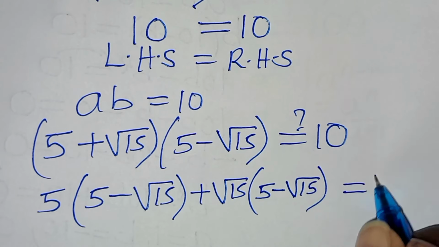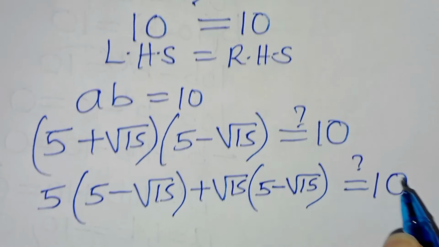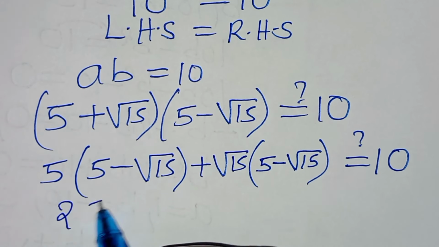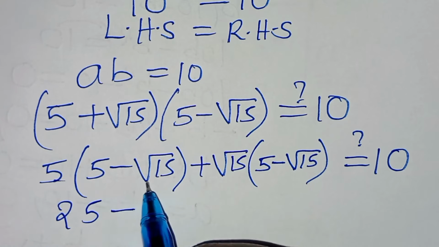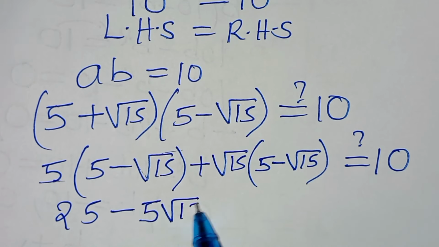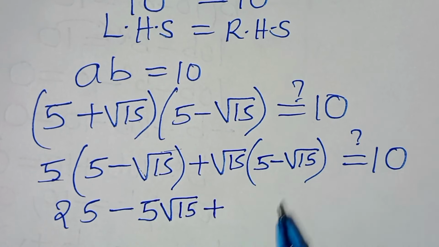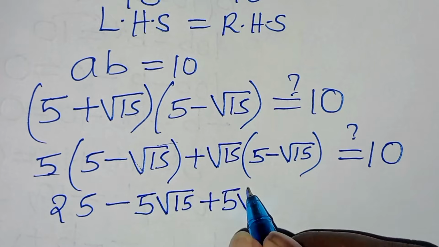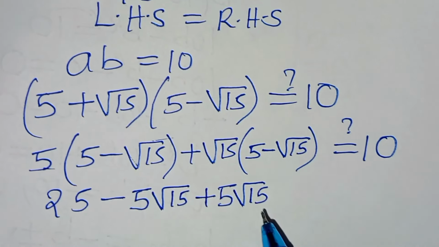This should give us a value of 10. So 5 times 5 here, this is 25, minus 5 times square root of 15, this is 5 square root of 15, then plus square root of 15 times 5, so this is 5 square root of 15,